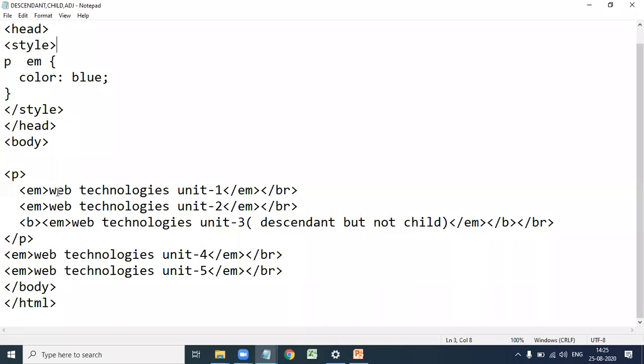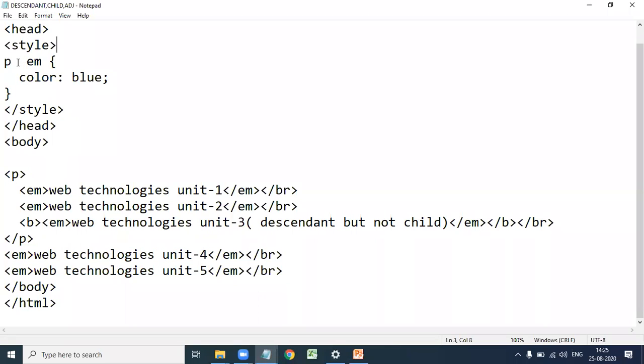All the em elements inside the paragraph tag become blue. So web technologies unit 1, unit 2 and unit 3 become blue color. These three are represented in blue color when you execute the descendant selector.